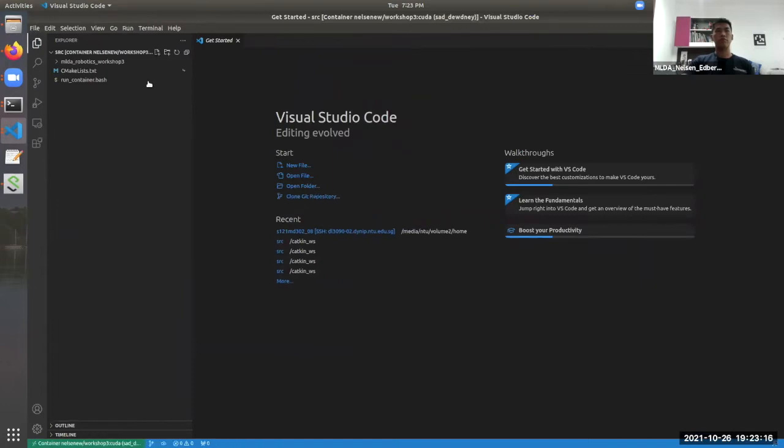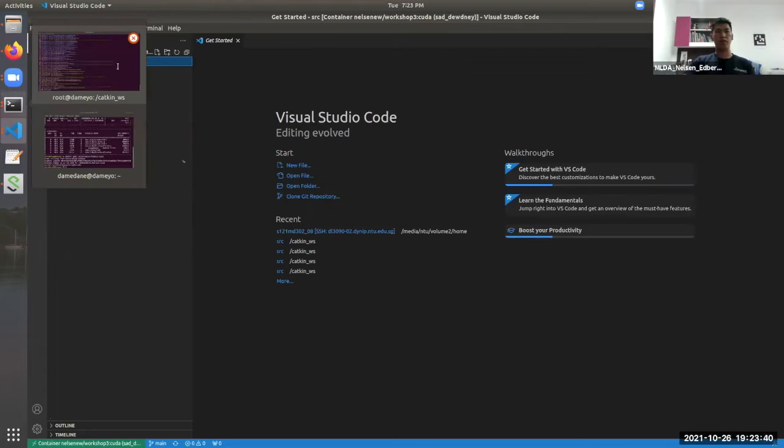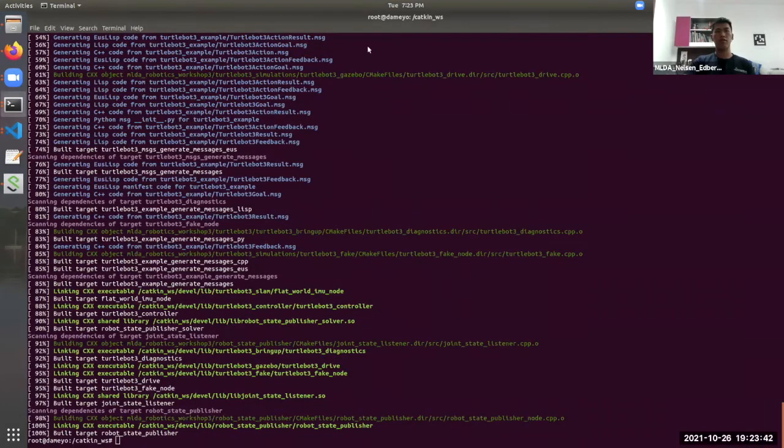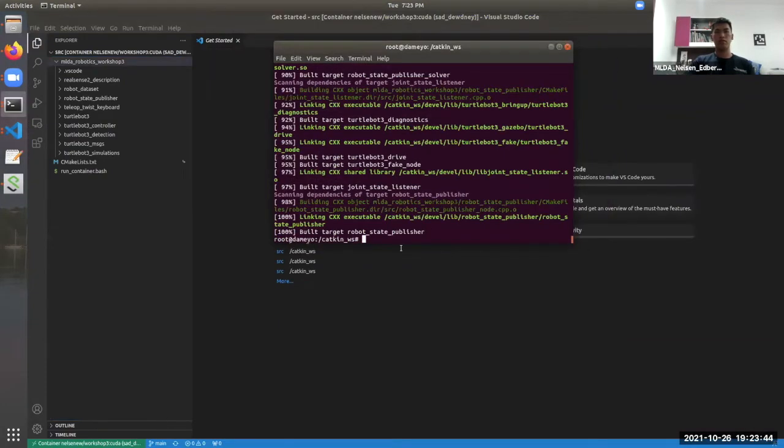So I've set it up in such a way that it should open the SRC directory. But if you guys don't have that, then you should press open directory over here. There should be a pop-up around here, and then type catkin workspace SRC, and you should have something like this. Okay, so I think the catkin make should be finished by now. Yep. So to continue,